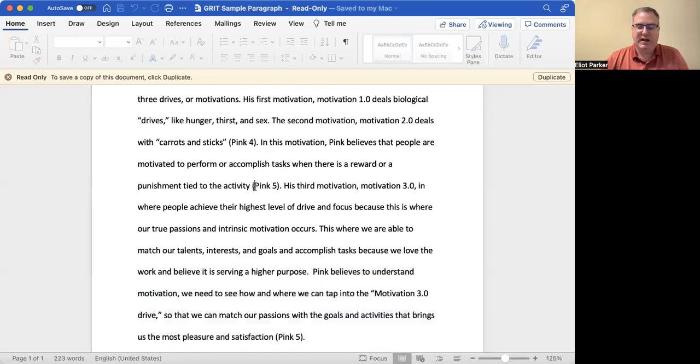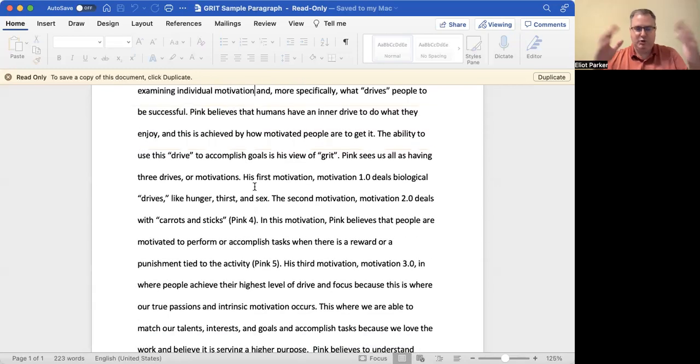But I just wanted you to see a structure or a template that you can follow as you're thinking about putting these body paragraphs together. It's just a strategy and a technique. If you think about connecting your theorists together, what your topic sentence is, and what it is from their information, their research, their handouts, their writing, their presentations that you want to focus on, that is a great way to structure a paragraph.